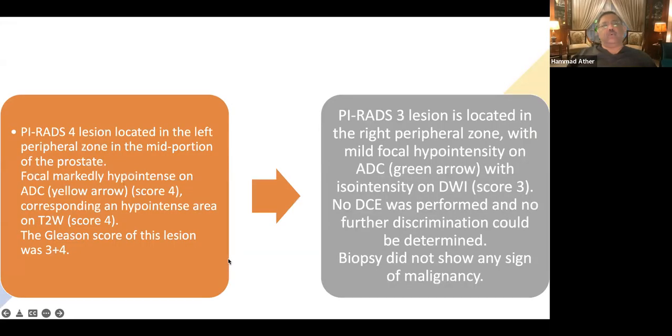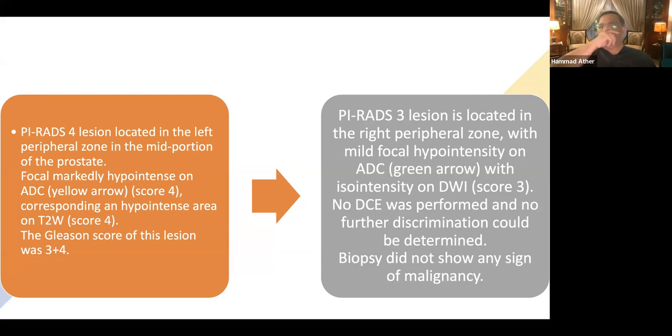So this is exactly what is just described by Dr. Basit, the two lesions that we have seen and why one is cancer in the previous case and why it is not a cancer in the other one. This is extremely important because in the majority of these cases, the clinically relevant point is that you can avoid a biopsy even if you have a raised PSA and your PI-RADS grading on your MRI scan is 3 rather than 4 or 5.